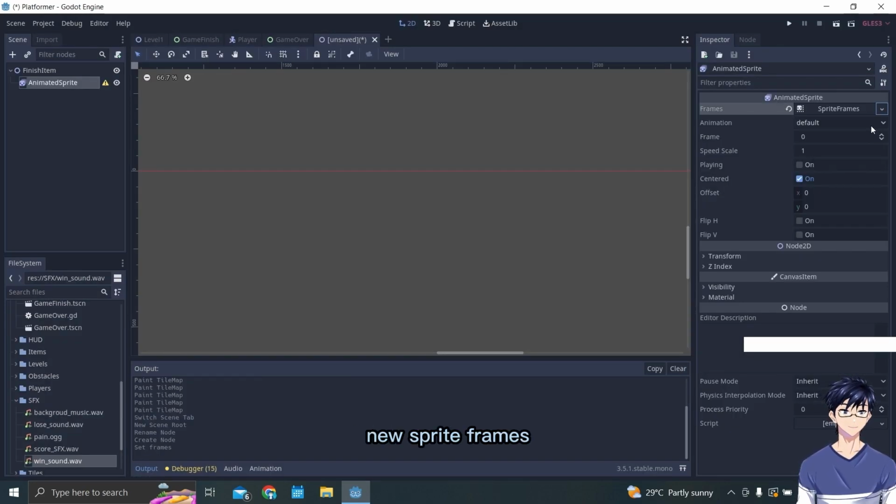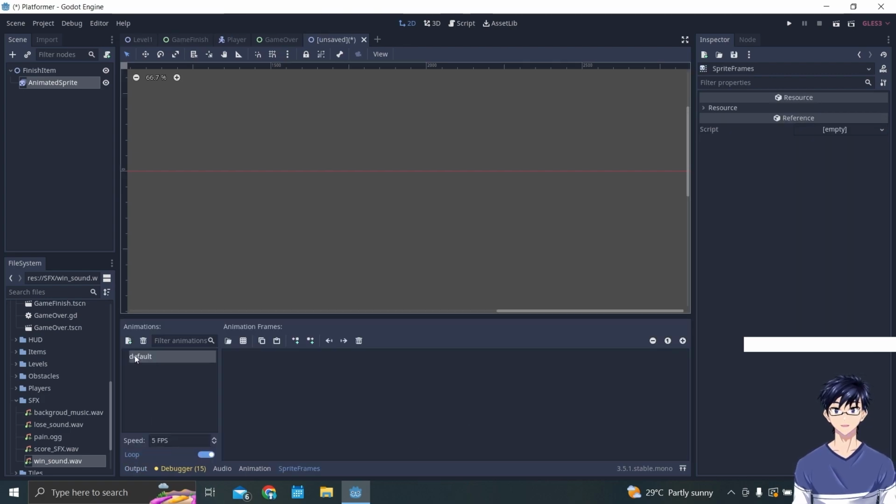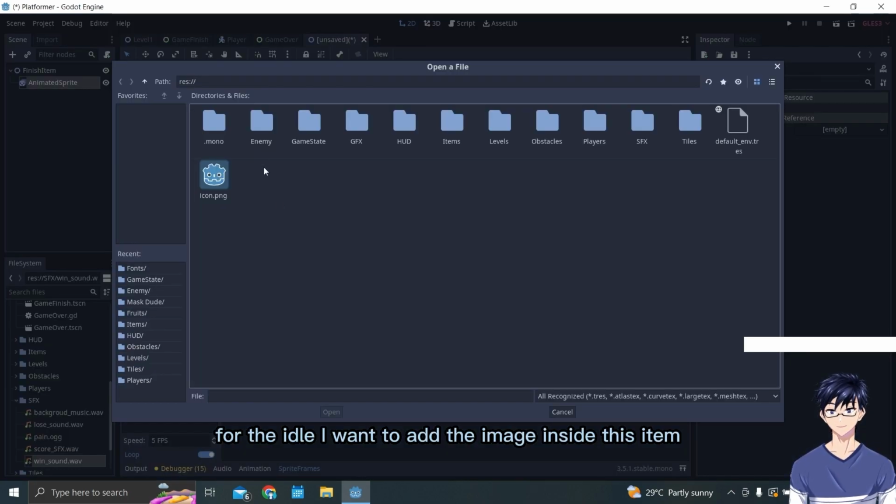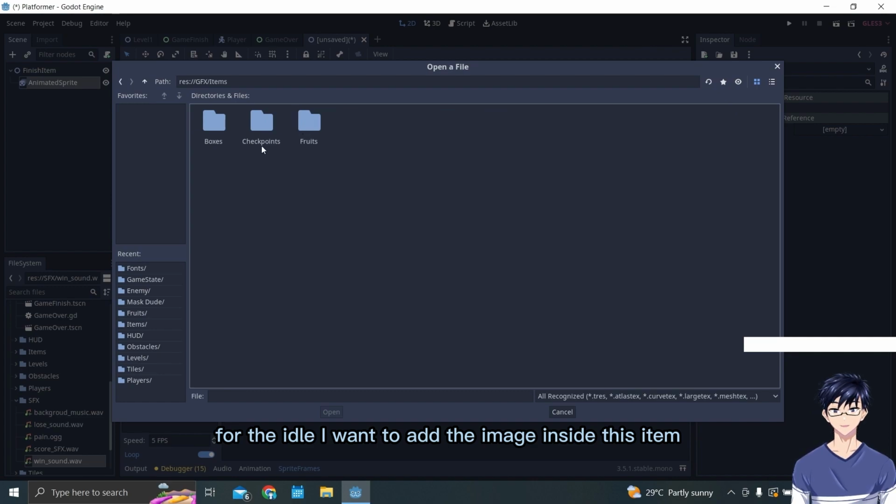Click in here, new sprite frames, click, and the default I want to rename it to idle, and new animation for press. Okay, for the idle I want to add the image inside these items, checkpoints.